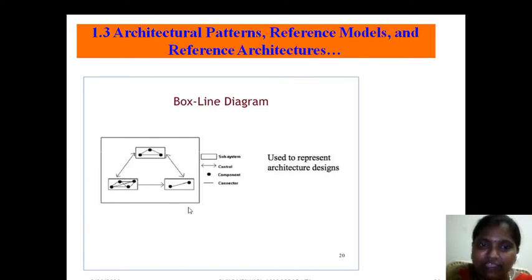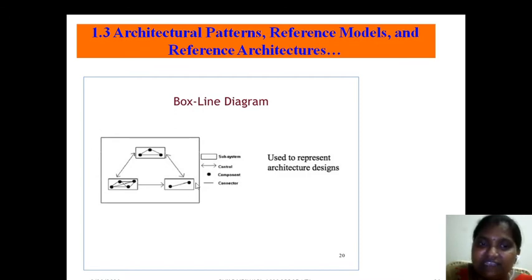Right? So here also the box and line diagram is the notation used for architecture. If you want to give any architecture, that architecture contains boxes, points, connections and arrows. That's it. Not more than this. Then what is a box? Your subprogram or concept or element. Then what is a dot? It is a component. If there is any component, that is a dot. What is a line? A connector. One is connected with another. What is a bidirectional line? Control. So either this one is going to control that, or that one is controlled by this.